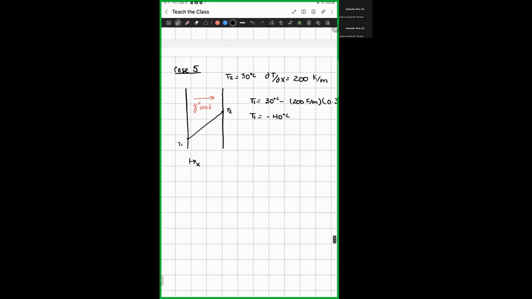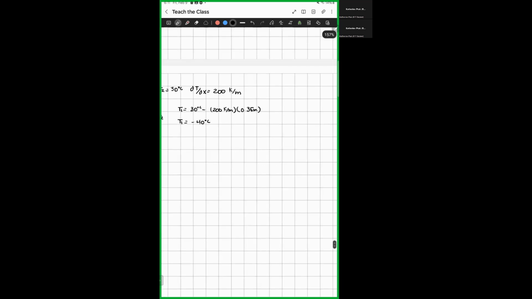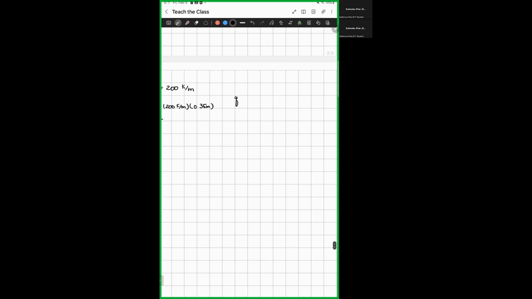And this is what we expected because we want T1 to be less than T2 because it's a positive slope. And then if we solve for Q conduction equals negative 50 watts per meter Kelvin times the 200 Kelvin per meter, you get Q conduction equals negative 10,000